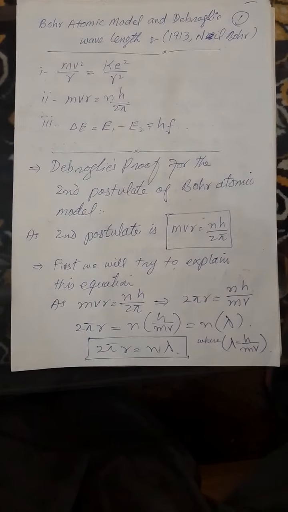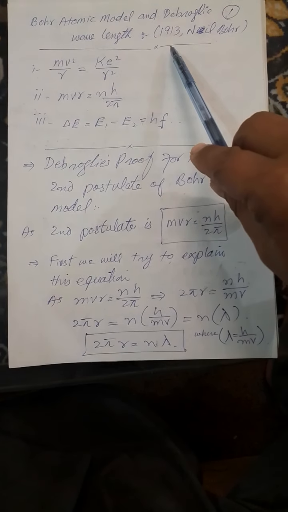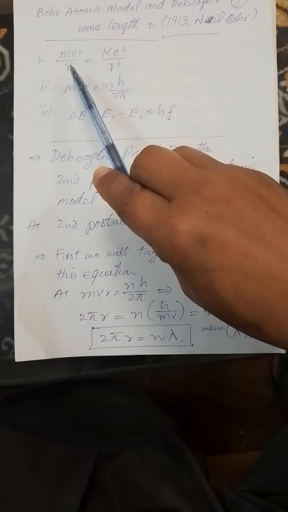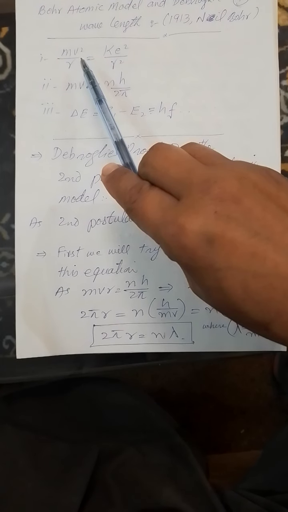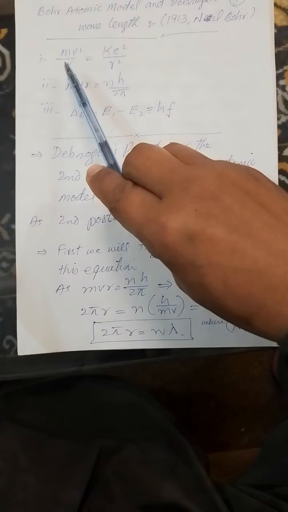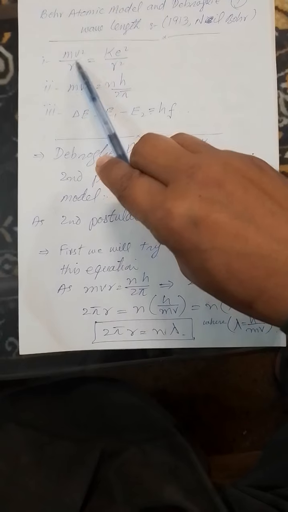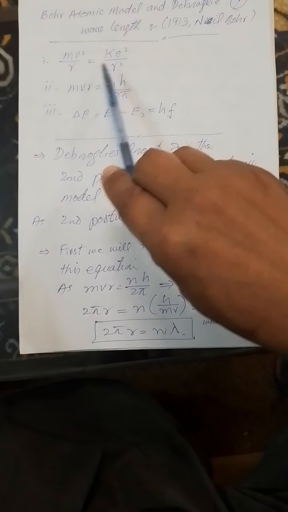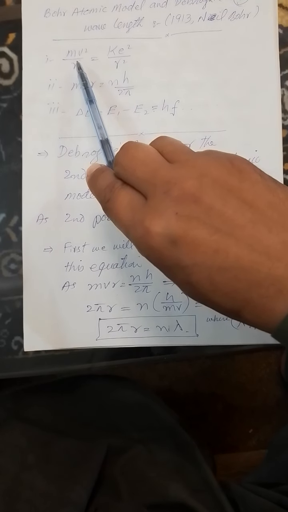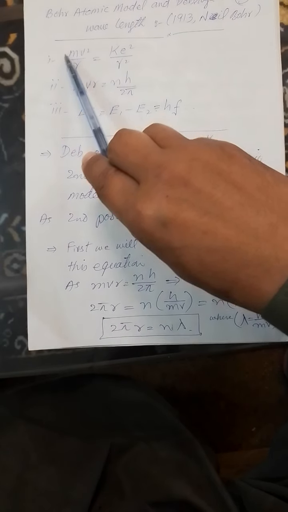Dear students, in 1913, Niels Bohr represented an atomic model in which he represented a few points about the atomic structure, the atomic shape and size, etc. The first point of that theory is that mv²/r is equal to ke²/r². According to this first point, it is stated that the centripetal force